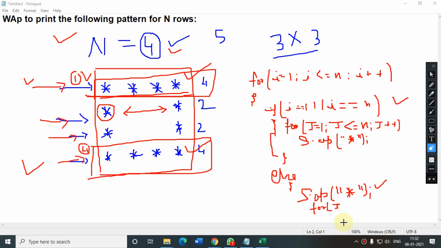Any other variable, like j, you can also use, because at a time only one part will execute. So here I am using this. So k has to start from 1, less than or equal to n minus 2.